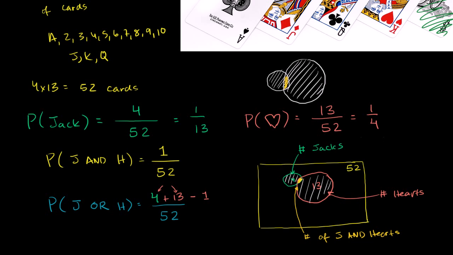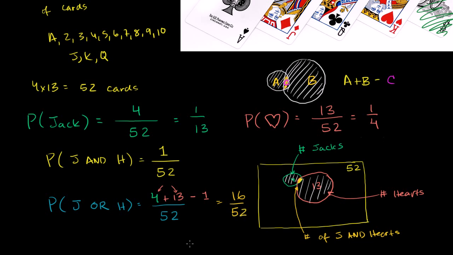So if this area is A, this area is B, and the intersection where they overlap is C, the combined area is going to be A plus B minus where they overlap, minus C. That's the same thing over here. We're counting all the jacks, and that includes the jack of hearts. We're counting all the hearts, and that includes the jack of hearts. So we counted the jack of hearts twice, so we have to subtract 1 out of that. So it's going to be 4 plus 13 minus 1,